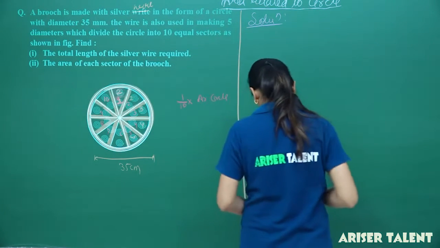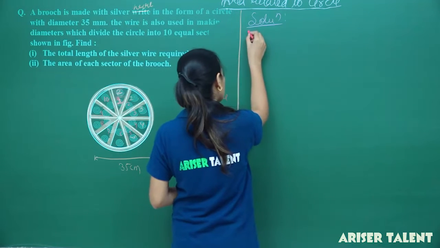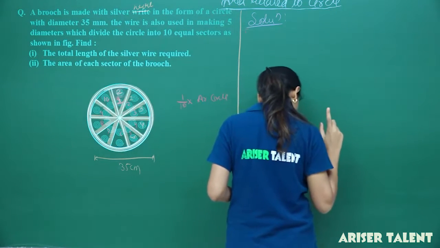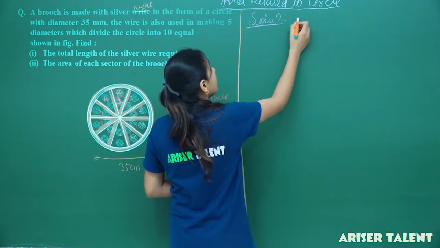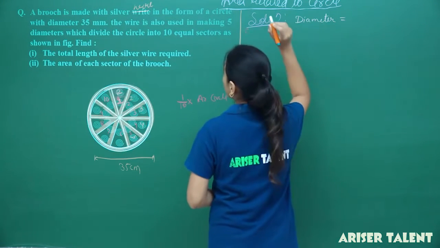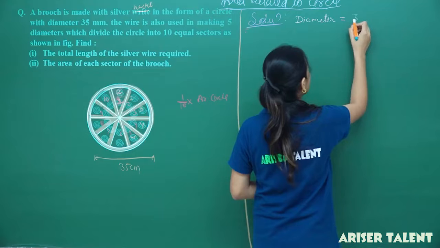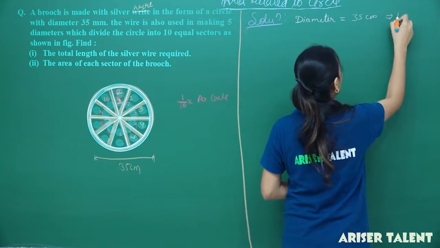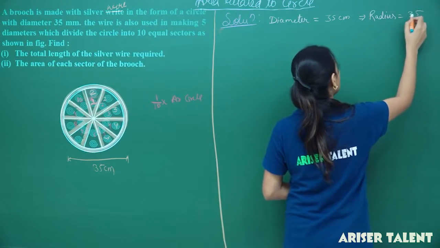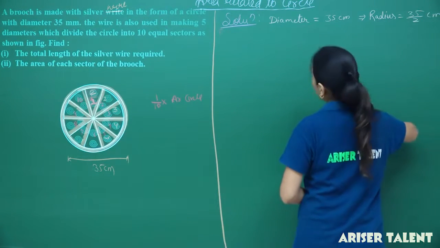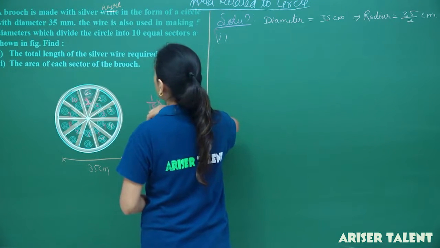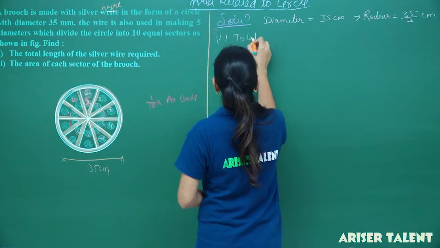Alright. So in the solution part, what I've been provided with is the diameter. Diameter equals 35 centimeters. This implies radius equals 35 by 2 centimeters, right or wrong? Okay, right? Now, for the first thing, which is the total length